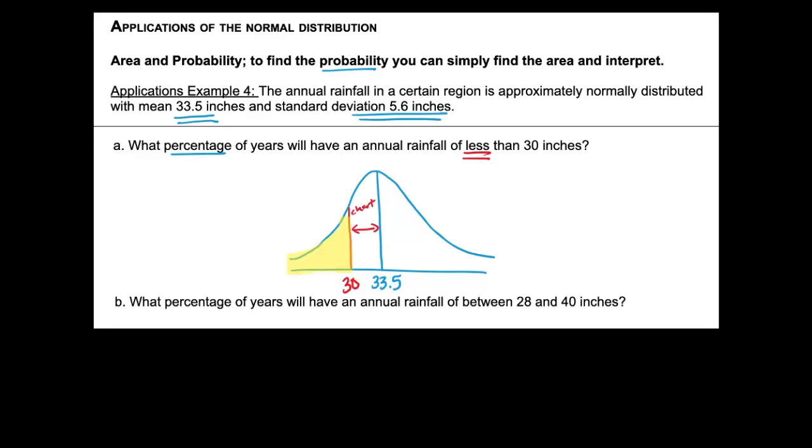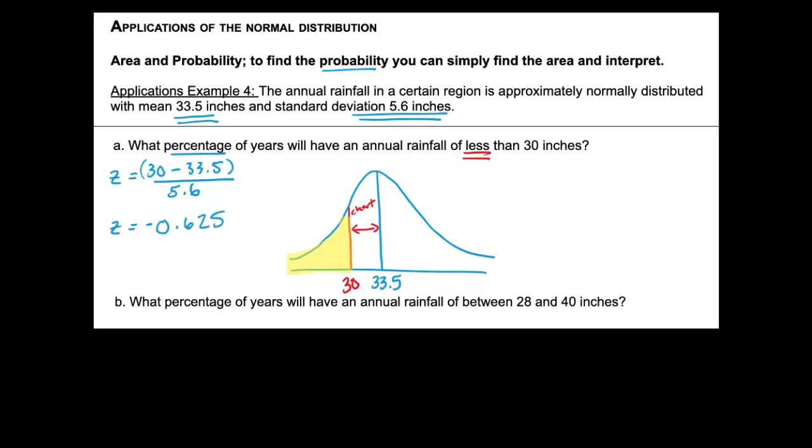We need to find the z-score for 30 because that chart is not going to give us an area for 30. So the first step is to find the z-score. I'm going to use the formula z equals the data value, which is 30, minus the mean, 33.5, divided by the standard deviation, which is 5.6. Make sure when you put this in your calculator, you either put parentheses around the top or you just enter 30 minus 33.5, enter, and then divide by 5.6. When we do that, we get a z-score of negative, which you would expect since 30 is on the left of the center,